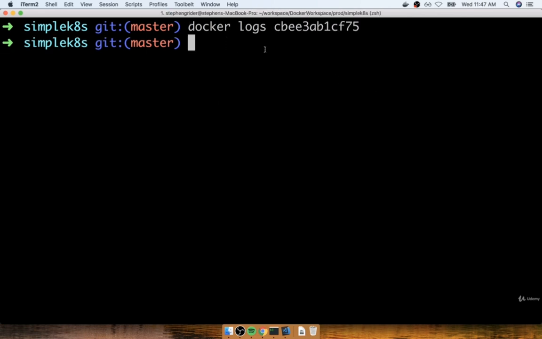Now in this case, our container has not emitted any logs, so I get nothing back here, but I could do other commands as well, such as say executing